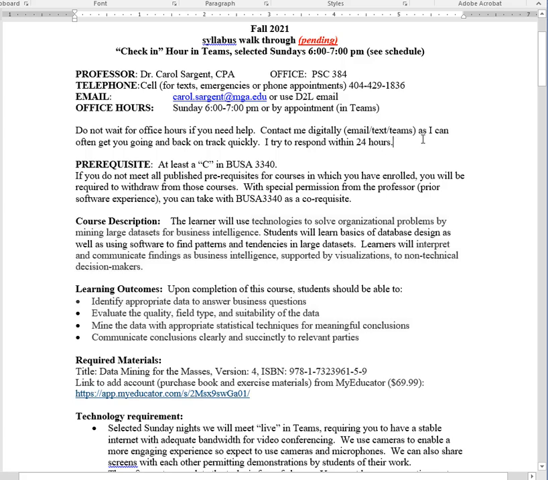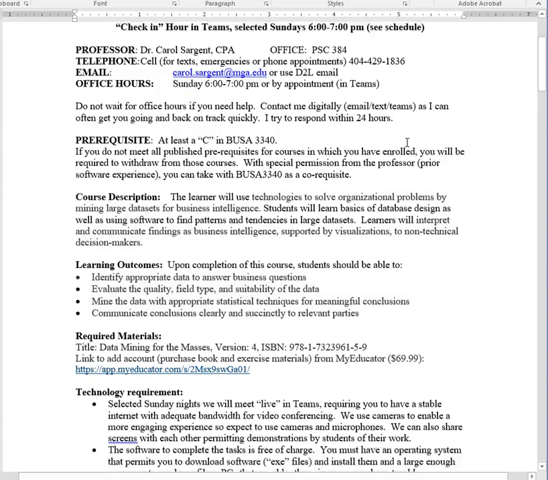Do not wait for office hours. If you have a question, just ask it right away. You don't have to worry about interrupting me, because I know how to turn off my devices if I don't want to be interrupted. So it's not your responsibility to figure out whether or not I feel like being interrupted or not. Okay, so I tend to respond during daylight, so that's kind of my pattern.